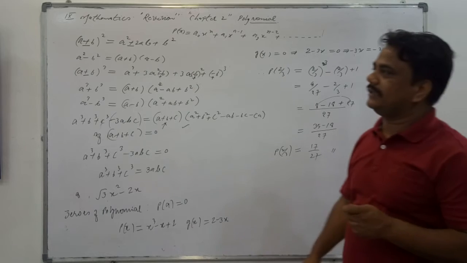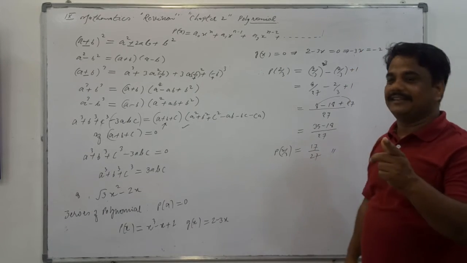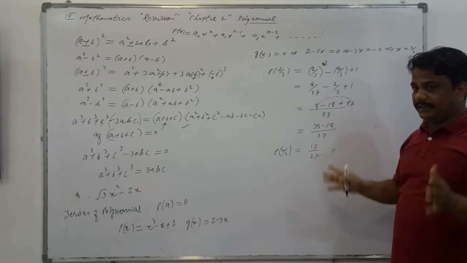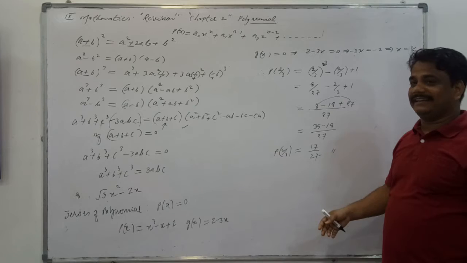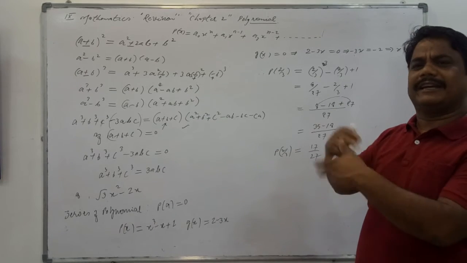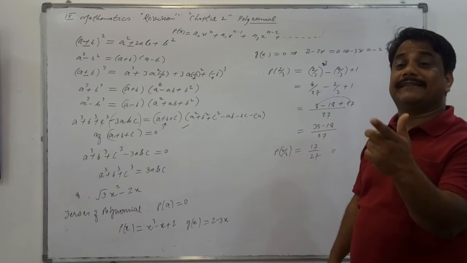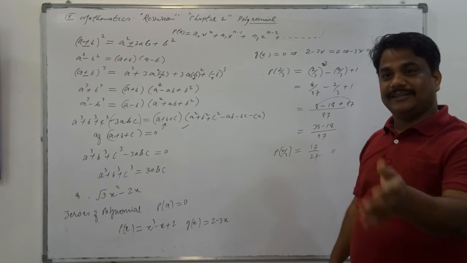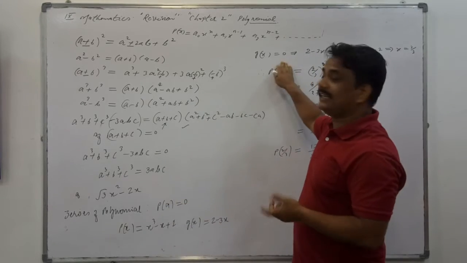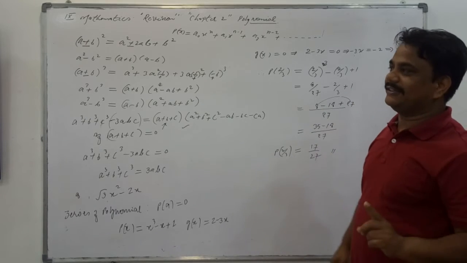Now, what does the next question say? Check whether g(x) is a factor of p(x). It is the same type of question, but the statement of the question is different. It says check whether this is a factor or not. The same question can be given in the above type: check whether this is a multiple of this or not. p(x) is a multiple of g(x), or g(x) is a factor of p(x). It is the same thing. I hope you can solve this question.